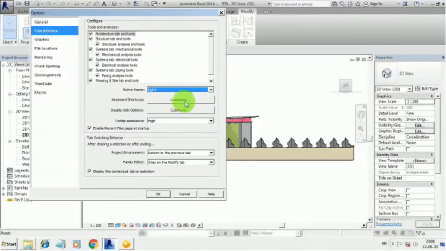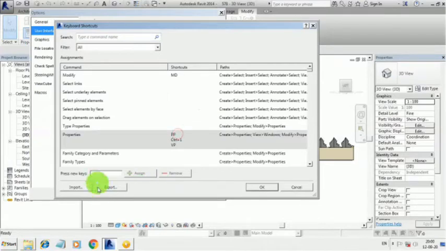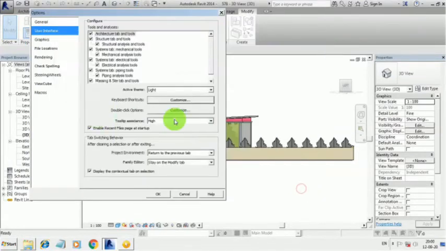You can see here we can change the active theme from light to dark, and we can even customize the shortcut keys. You can change or modify some of the shortcut keys here.